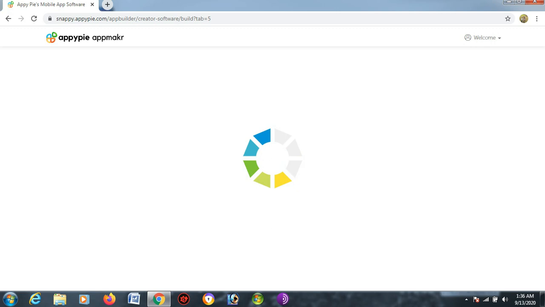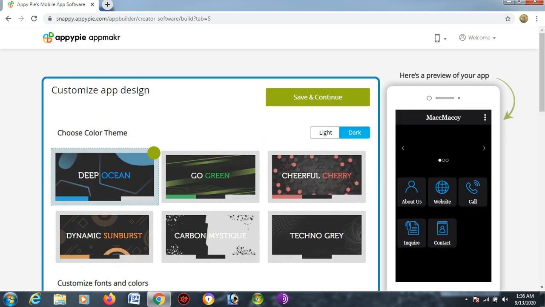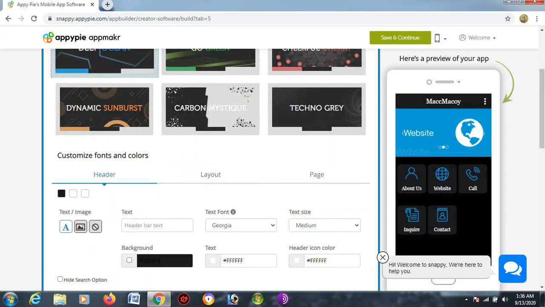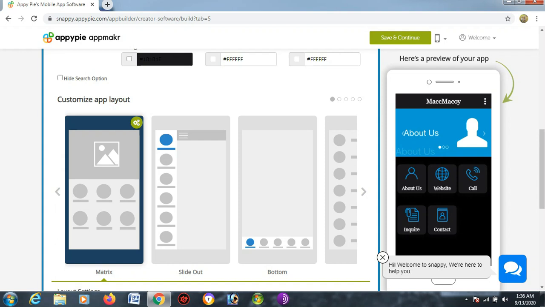It works on the principle of artificial intelligence. Customize your app design. As we have selected deep ocean, our selection is still prevailing. Here are a few of the other features present over here. Text, custom layout.